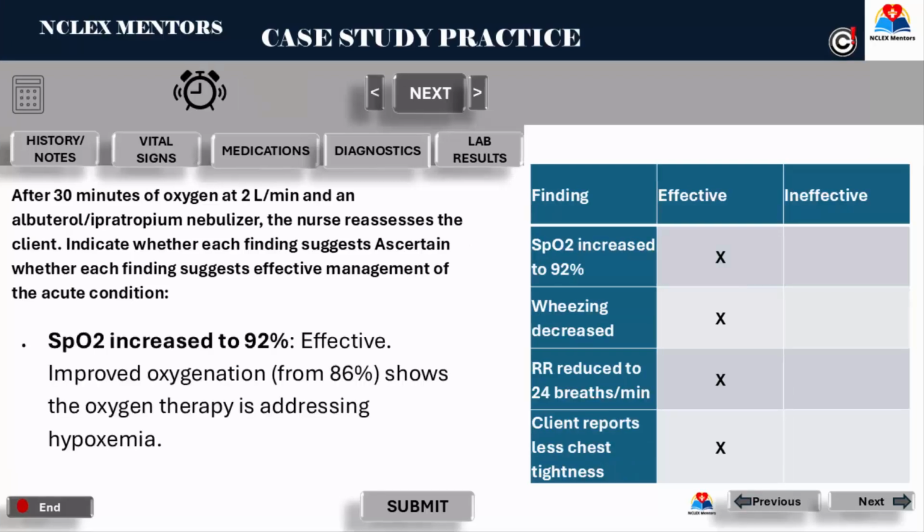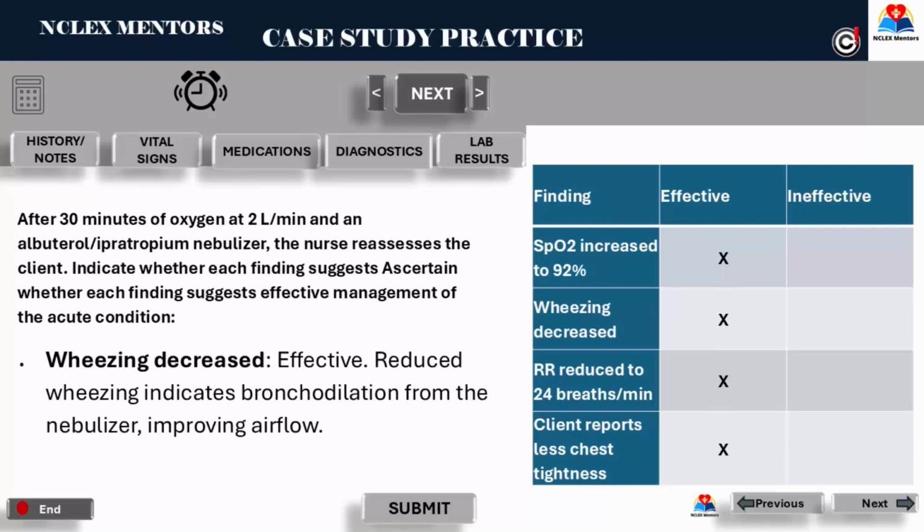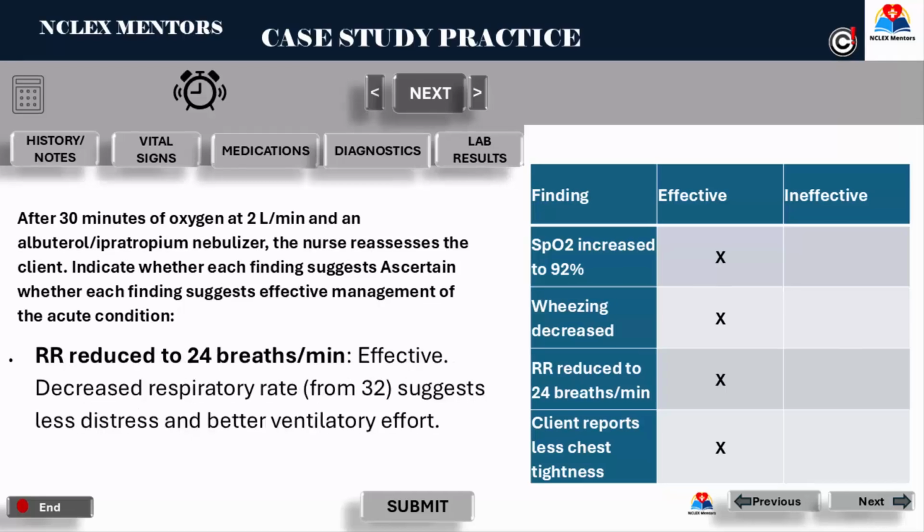Answers. SpO2 increased to 92%, effective. Improved oxygen saturation from 86% shows that oxygen therapy is successfully addressing the client's hypoxemia. Wheezing decreased. This indicates that the bronchodilator, albuterol ipratropium nebulizer, is opening the airways and improving airflow. RR reduced to 24 breaths per minute,